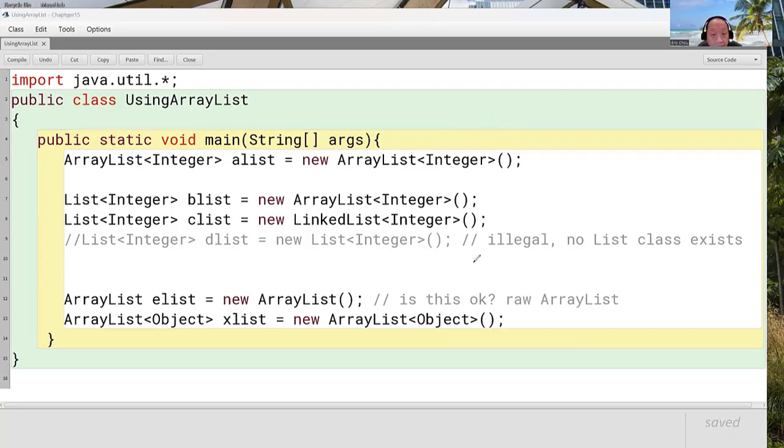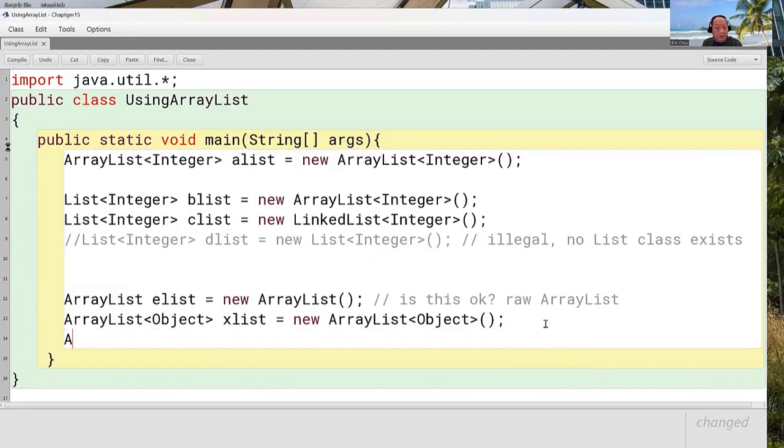Okay, raw ArrayList. Now, you declare an ArrayList of object type, or with no data type. I say it's okay, but what will be added there? Then let's try this. Can we do this? Can we do an array? Let's do list dot